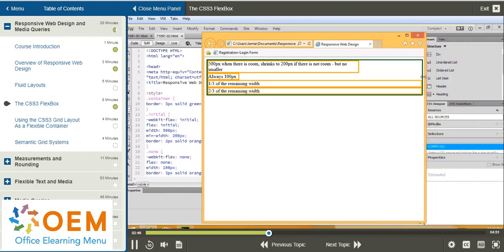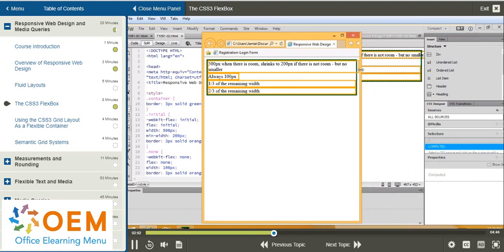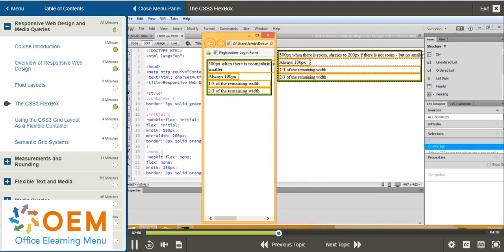But if I go ahead and shrink the width, you can see that the two bottom divs are actually shrinking. But as I go beyond this top div here, the one that says 500 pixels when there is room, that one's actually not shrinking. And this one here is